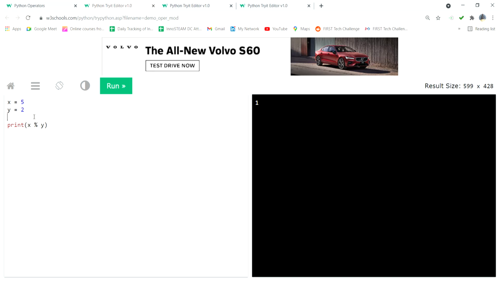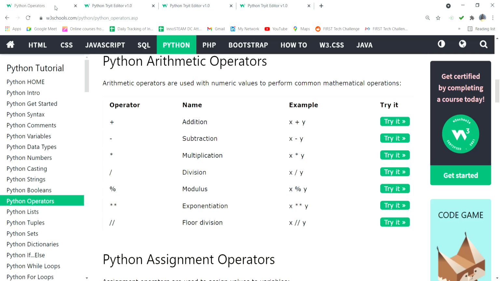No, we can't take it like that. If you want both, you can put print x divide y, then you can take both remainder and quotient, that much only. Now you can see for 5 divided by 2, 2 twos are 4, then you get 2.5. You can see 1 is the remainder, 2.5 is the quotient. Sorry, they gave a point number. Suppose you don't need the point number, that is also provided. That is not an issue. You can see quotient and remainder.